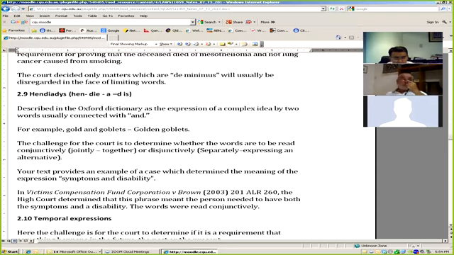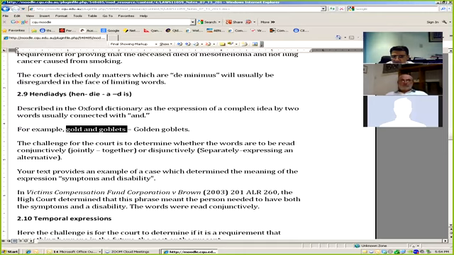Hendiadys. It's described in the Oxford Dictionary as the expression of a complex idea by two words usually connected with and. For example, gold and goblets. Gold and goblets. Well, see, I read those two phrases and I think they're completely separate things. Gold and goblets, to me, says that there might be some gold and some goblets. I think of the Indiana Jones movie with the